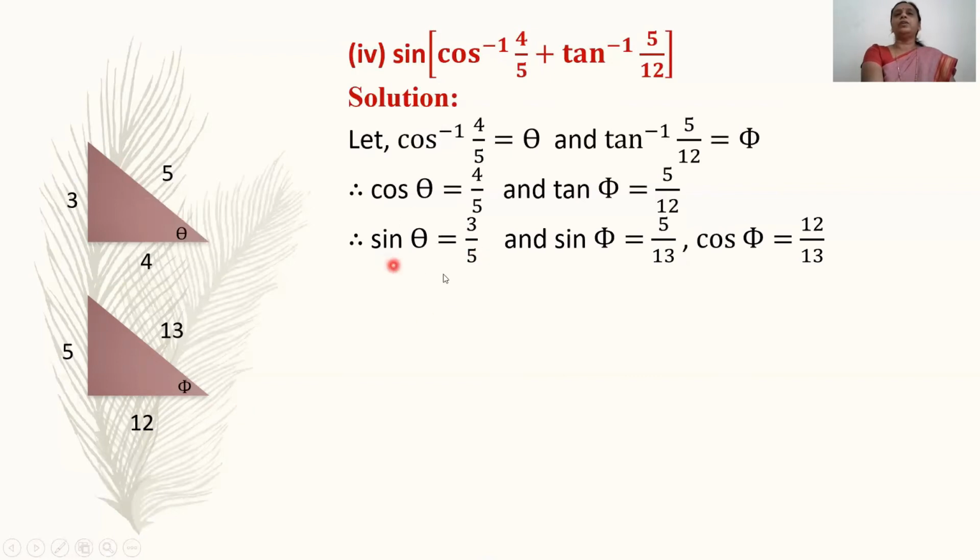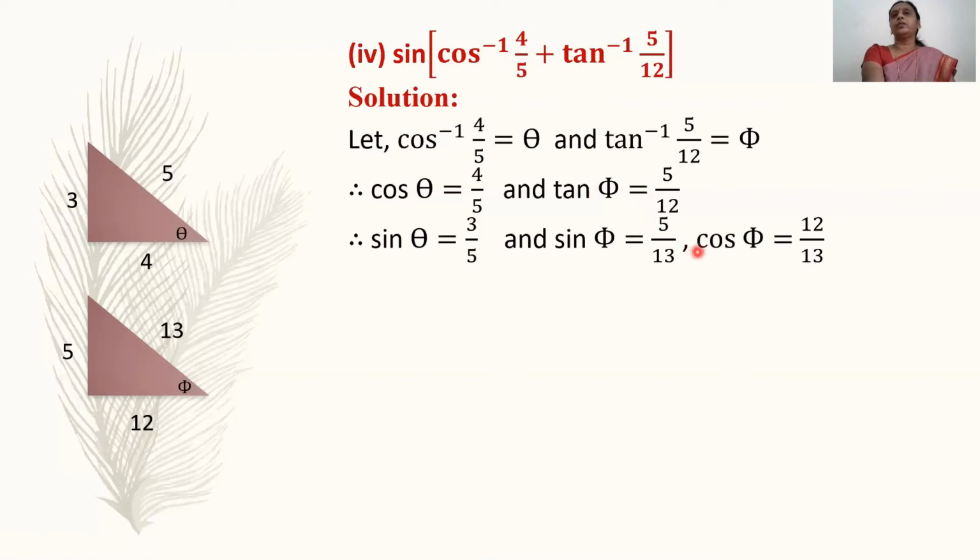You find out the value of sin theta and sin phi like this, or you can use the property: if cos theta is given, use the property sin square theta plus cos square theta is equal to 1 and find out the value of sin theta. And for this, you use the property 1 plus tan square theta is equal to sec square theta and take the reciprocal of sec, you will get the value of cos theta, and you know that tan theta means sin theta divided by cos theta.